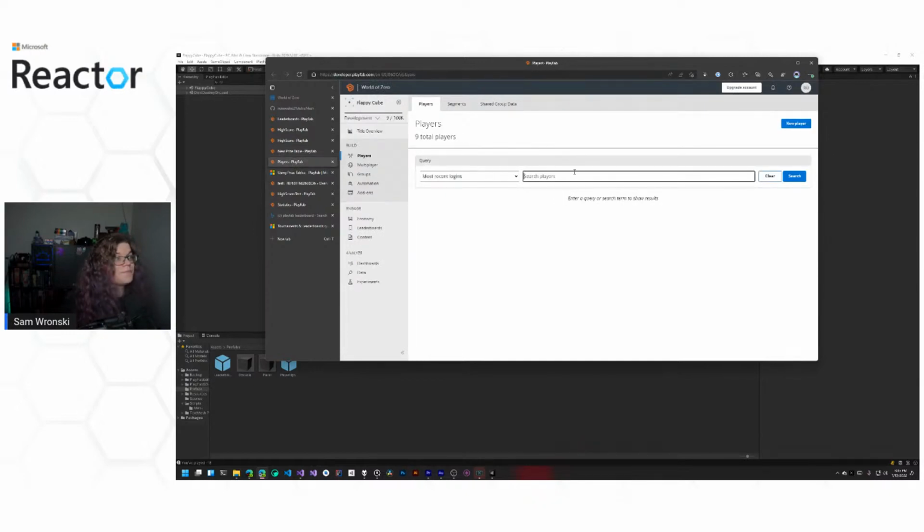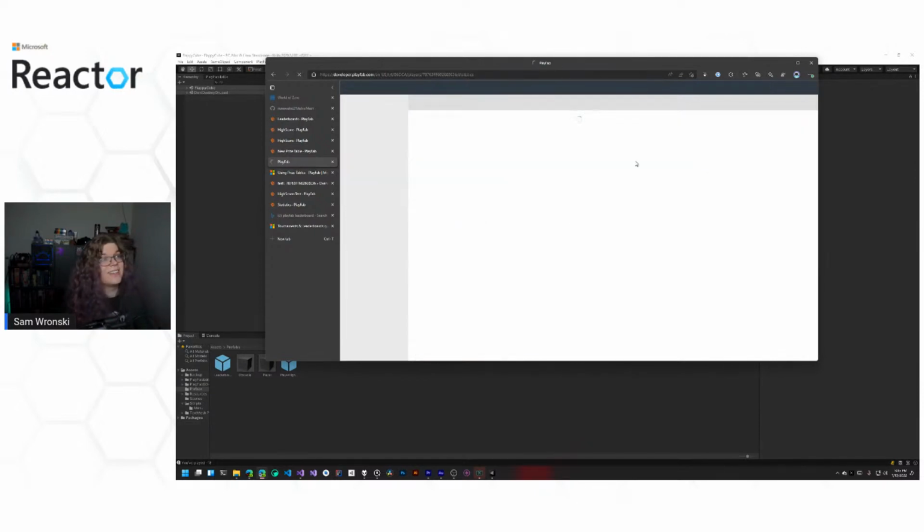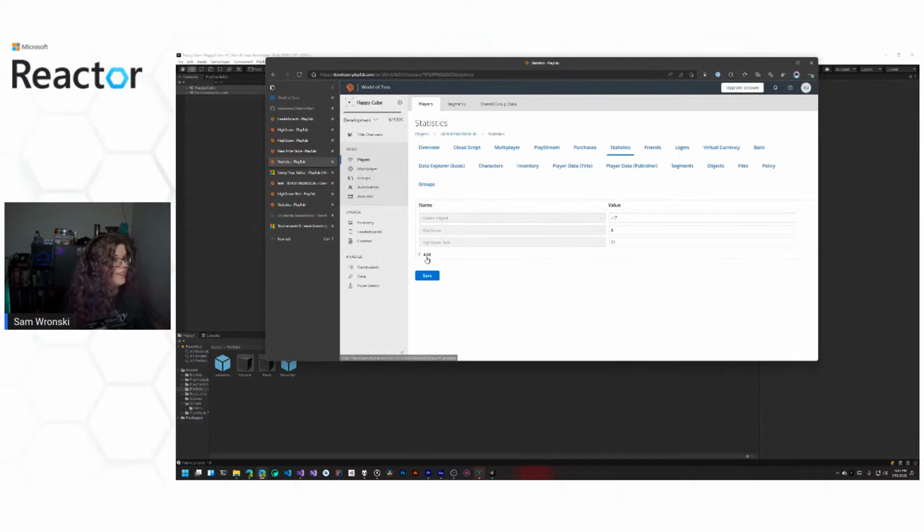But we can actually add some other statistic here and then pull from that instead. So let's try that. Let's go to our test player and create a statistic because why not? And we're going to do tournament wins. Add new.